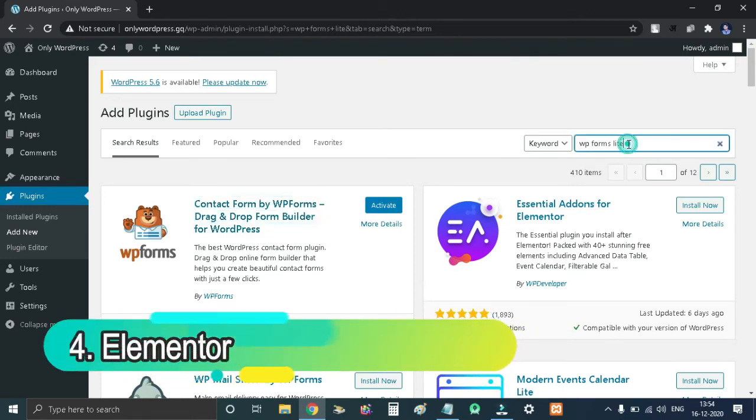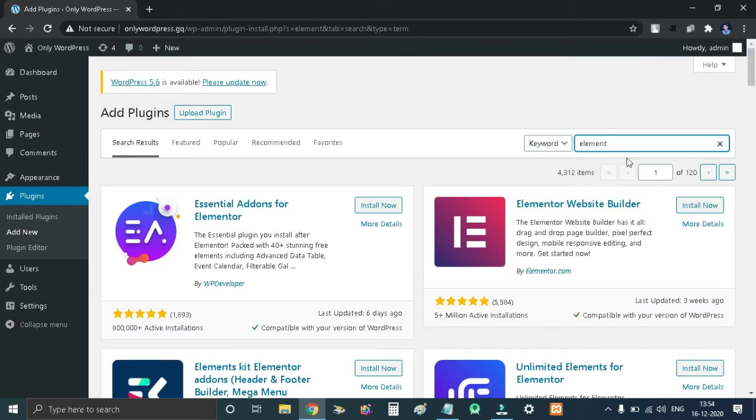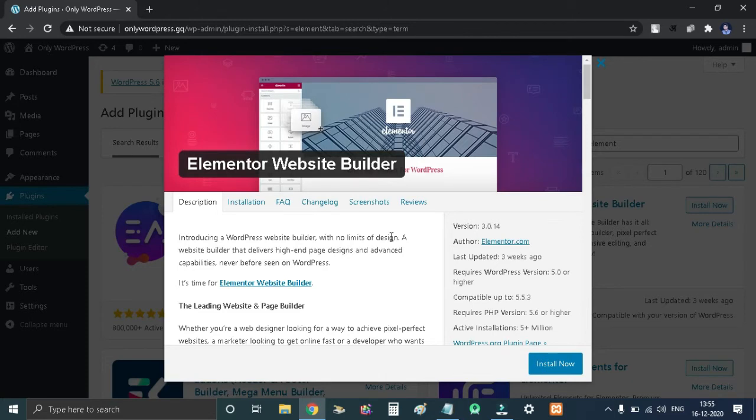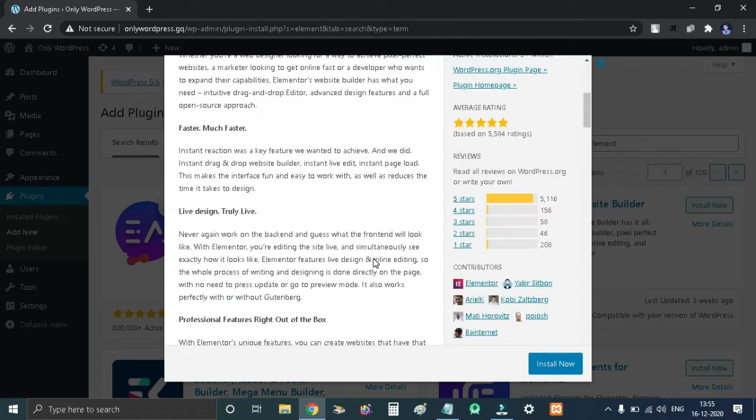Now the fourth plugin that we are going to install is Elementor. So this is Elementor Website Builder. So what is Elementor Website Builder? It is a cool WordPress plugin that you can use to create beautiful looking pages and posts. It provides many features like a drag and drop builder. Like if you want to create any post that uses some blocks like forms or cool looking columns, you can use that. It provides very good, nice looking and fast loading designs.